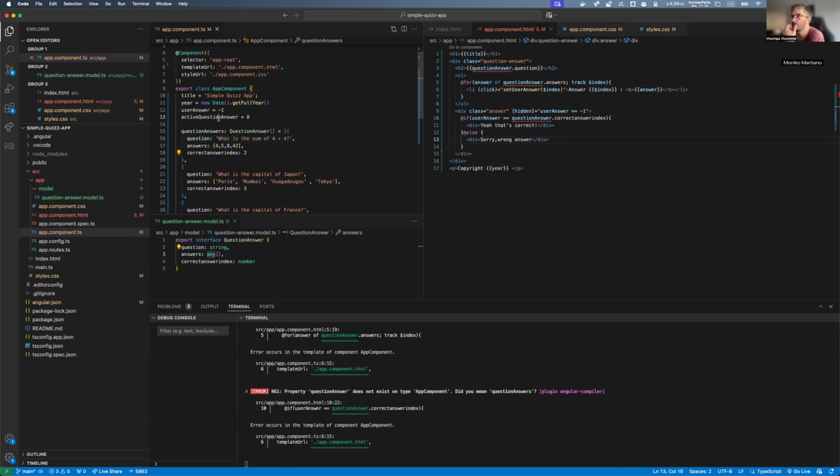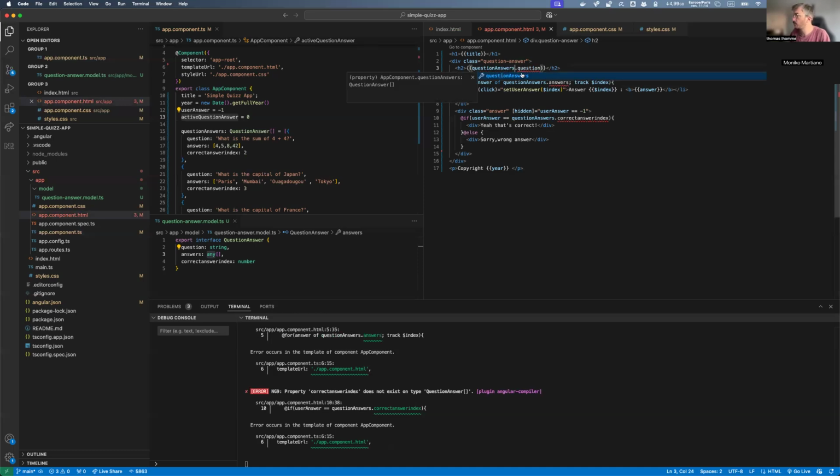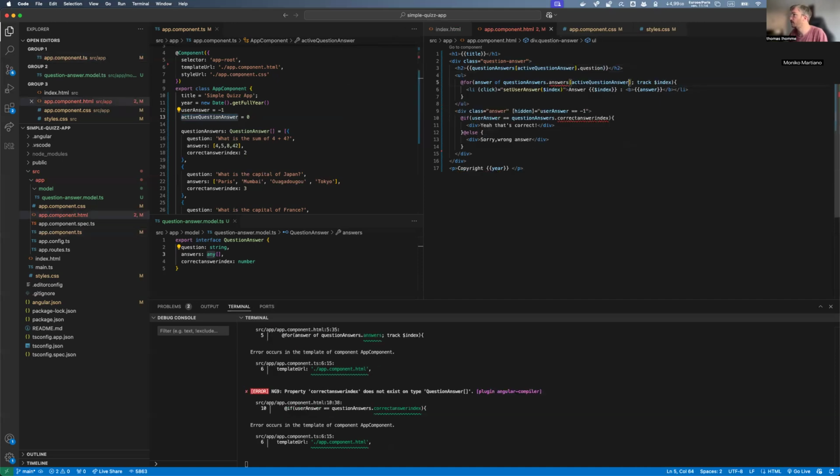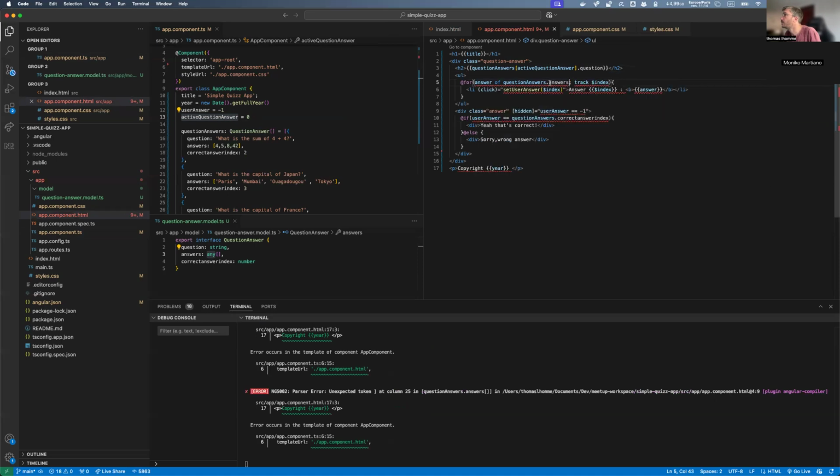So for the H2, question answers is an array, so I'm going to add an S to all of them here, this and this. And I need as well to get the index of my array, right? So I can use this one, and this one, sorry, it's here.